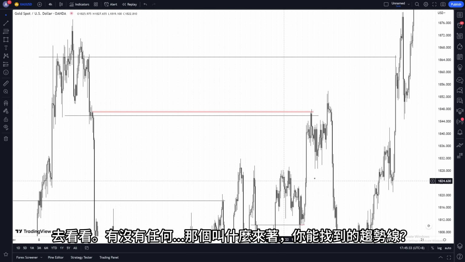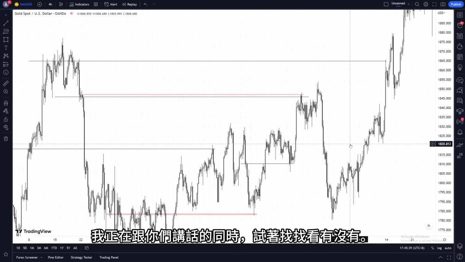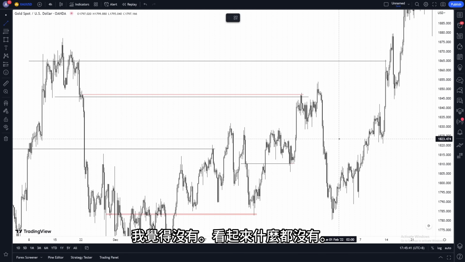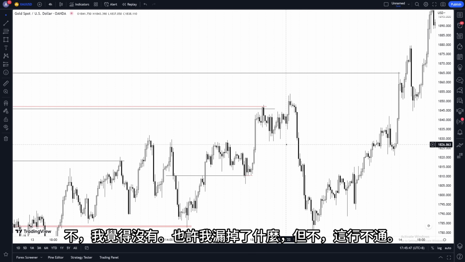Trend line that you could spot. Maybe there is, maybe there isn't. Maybe then you just completely ignore the trade. I'm trying to look for one actually while I'm speaking to you guys right now. I don't think there is one. Doesn't look to be anything at all. No, I don't think there is one, man. I could be missing something, but